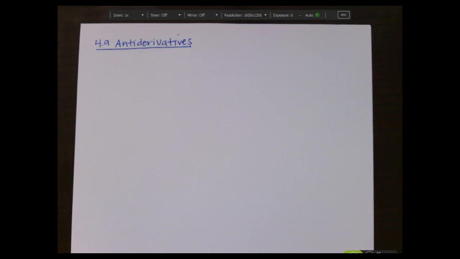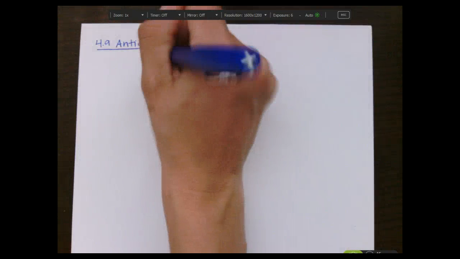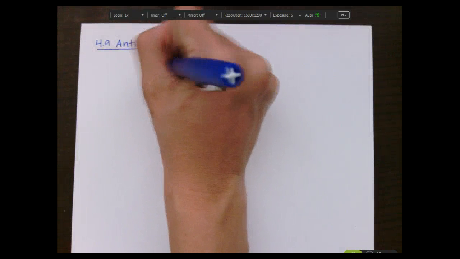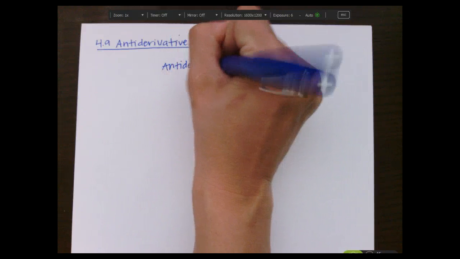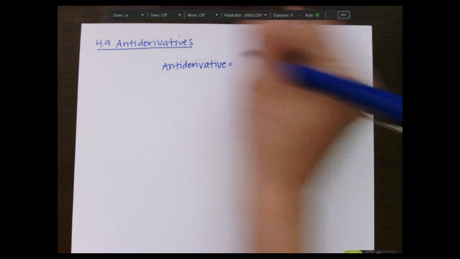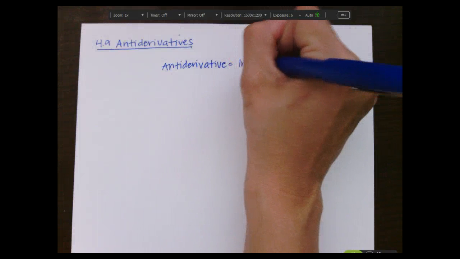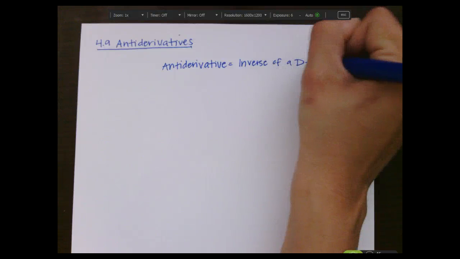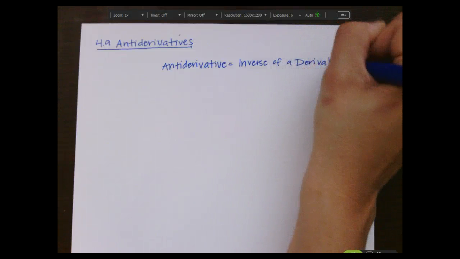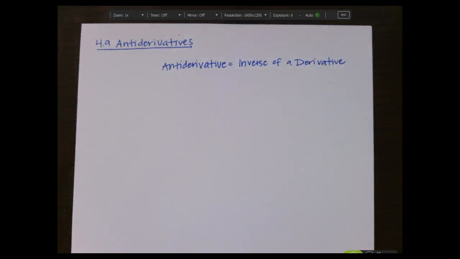This video will address section 4.9, which is all about the antiderivative. So we're going to learn how to perform the inverse operation of derivatives. So that's what an antiderivative is, the inverse operation of a derivative. Just like addition and subtraction are inverse operations, so are taking the derivative of a function and then taking